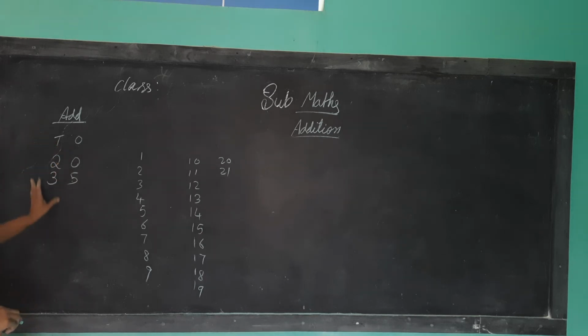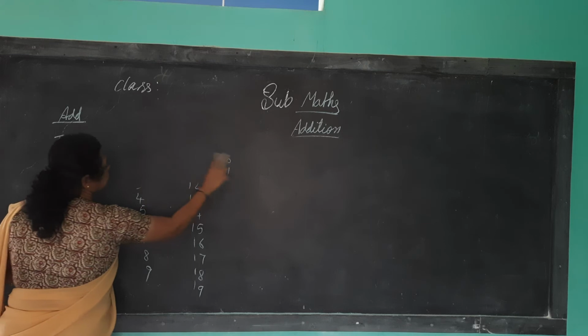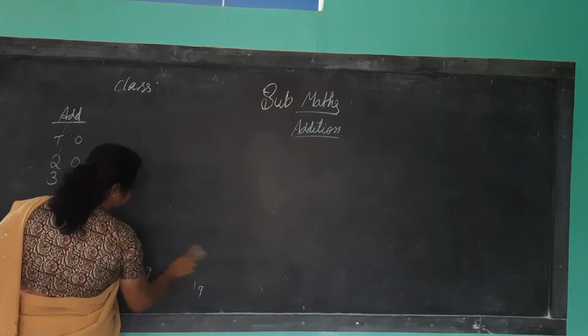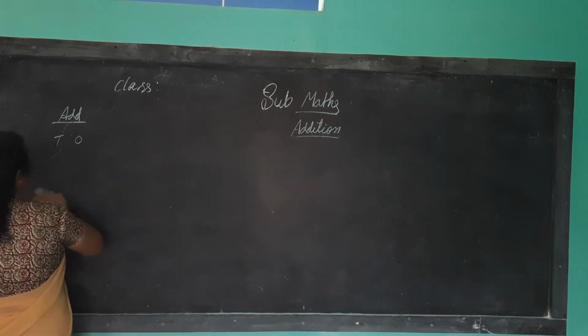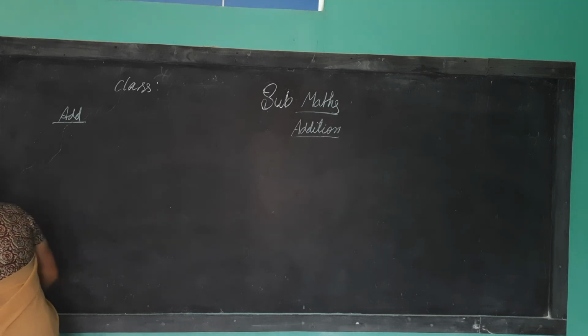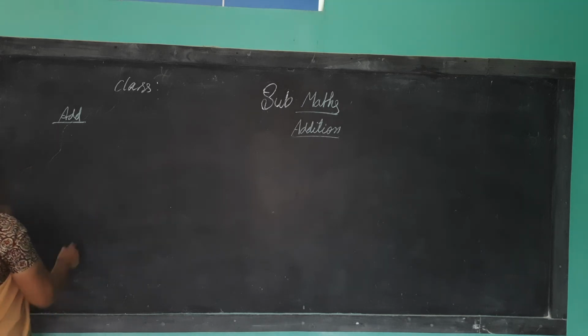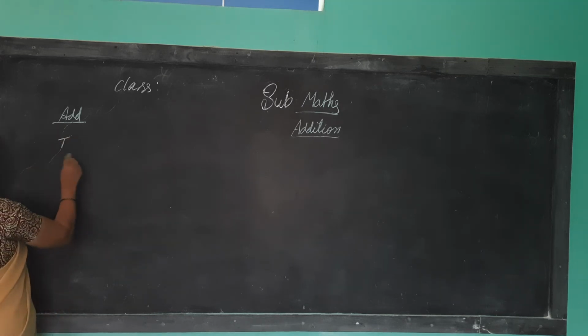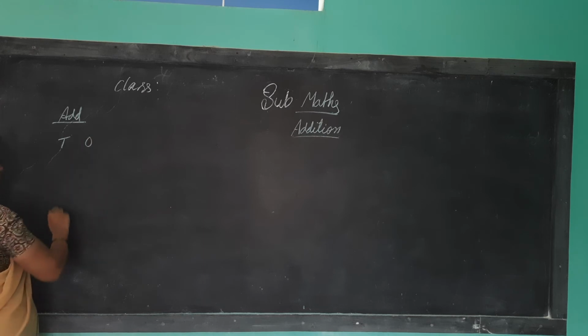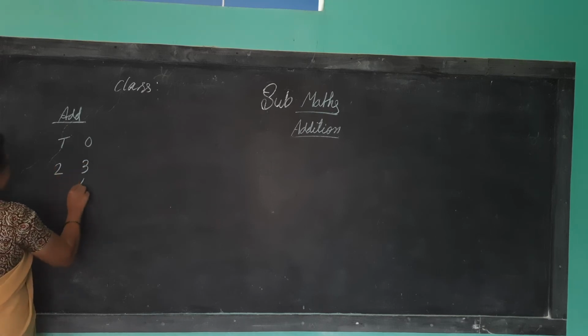Okay. So single digit addition we have learned. Now we are going to study addition of 2 digits, children. For tens I put T, for ones I put O. In the previous class I learned ones and tens, and now I will add the 2-digit numbers. Okay.